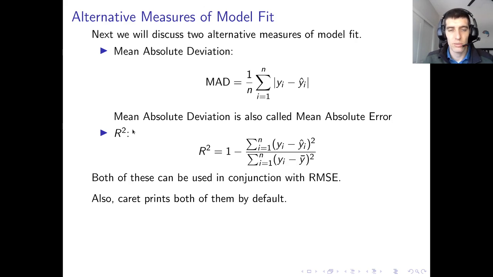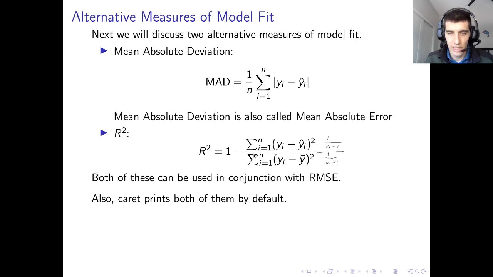The other alternative measure of model fit we're introducing is r squared. So r squared is 1 minus, and here we have what looks like a mean squared error between y and y hat, except we're missing the 1 over n out front. And in the bottom we have what looks like the sample variance of y, y minus its sample mean, but we're missing the 1 over n minus 1 out front. So you can imagine, if we wanted to, for interpretation's sake, we could multiply both of these by 1 over n, or 1 over n minus 1. Whatever we do to the top, we can do to the bottom. But we can interpret this as